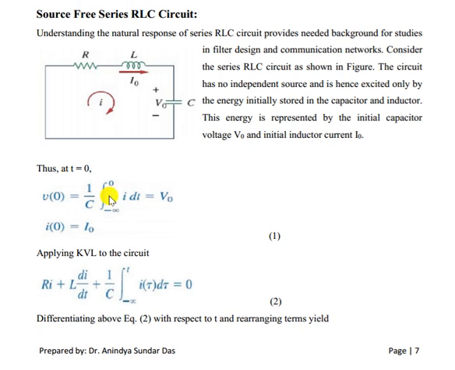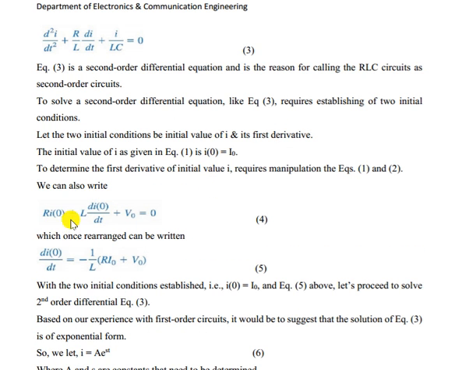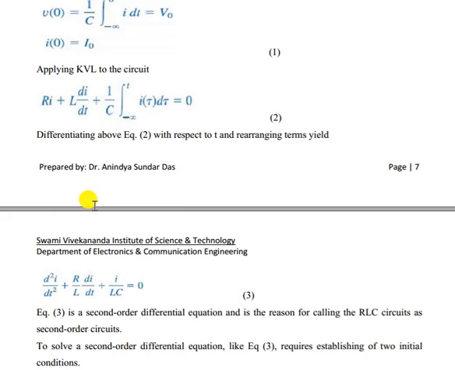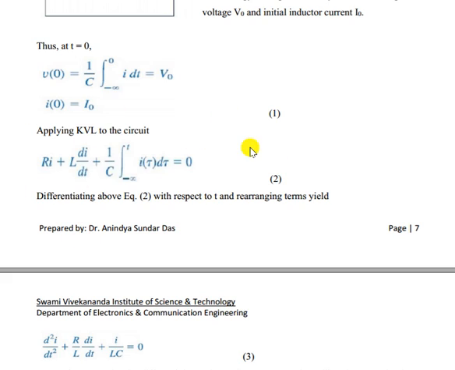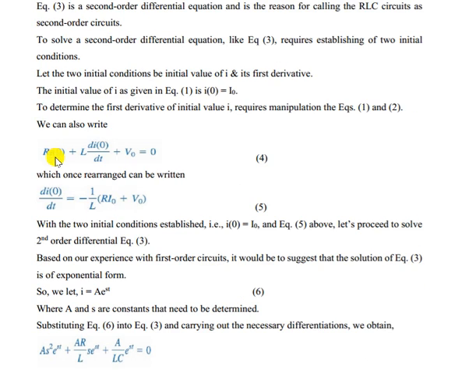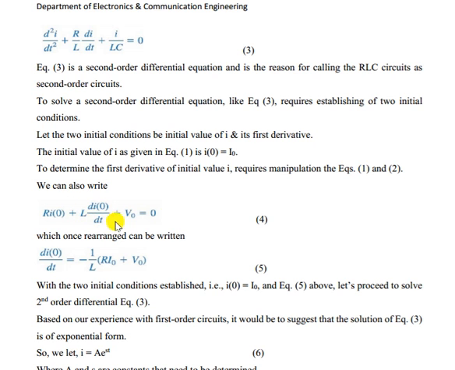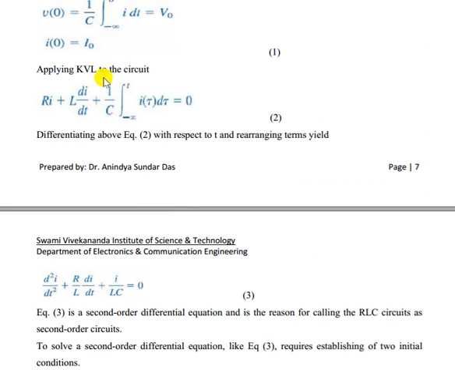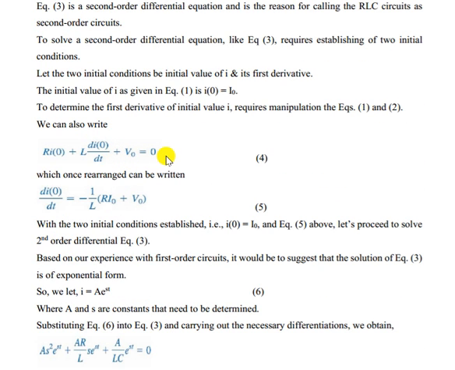So now what we can write from this circuit again, from this equation 2, this equation, R i0 plus L di0/dt plus V0. Okay, here instead of this integration term, let us write V0 equal to 0. Then how to find out di0/dt? di0/dt is nothing but minus 1 by L times R i0 plus V0. This V0 is the initial value of the capacitor, I0 is the initial value of the inductor. Then we can find out di0/dt very easily. Okay.